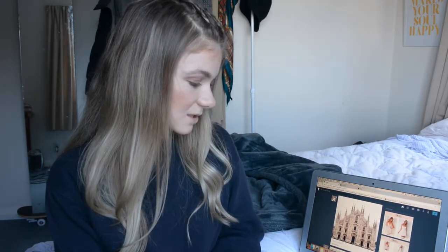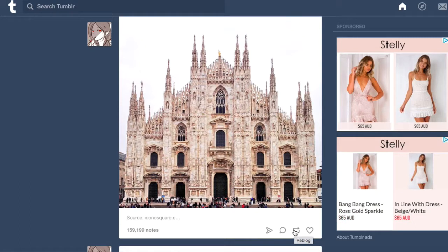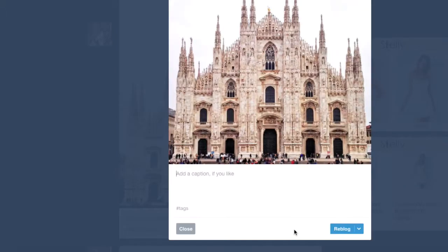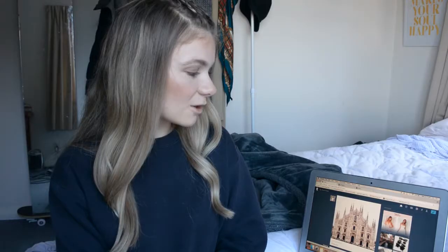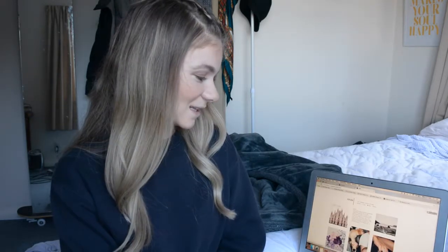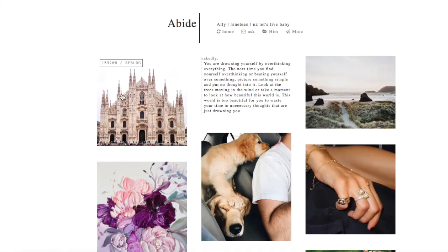As you can see further down on the post, you have many different options. The third button along looks like two arrows pointing in different directions. This is the reblog button. I'm simply going to click on it and then the post pops up. And then I can press reblog. If I go back to my blog now, the post will now be there, as you can see to the left. It's the first post showing up on my blog. This is a great feature because it's super instant and it allows you to see how the photo is going to look with the rest of your content.